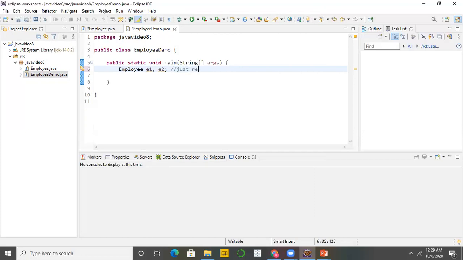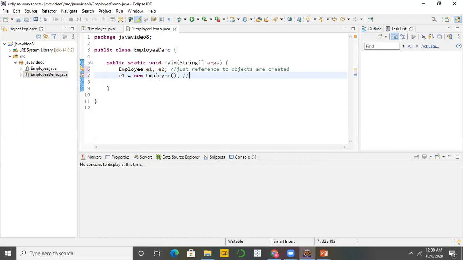Just references to the objects are created, which point to my actual objects. And how is an object created? Explicitly you have to write E1 equal to new Employee.